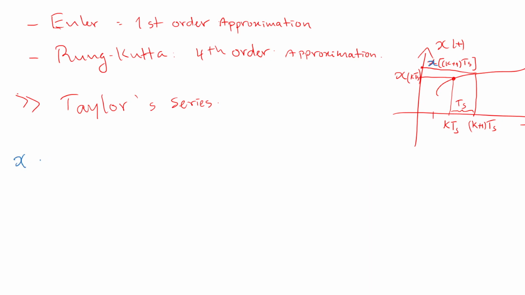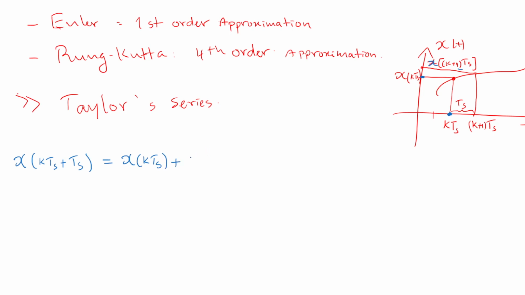So h at k times ts plus ts, because it's k plus 1 times ts but I just distribute, ts times k and ts times 1, equal to, so I want to do the expansion with respect to this point, at this time, right? So first I have h evaluated at k ts